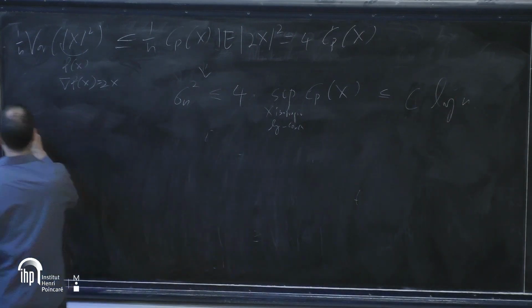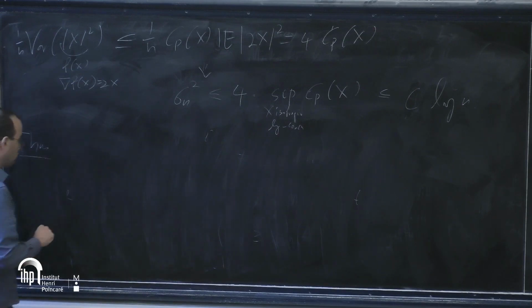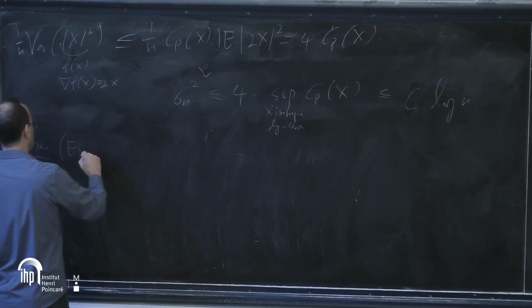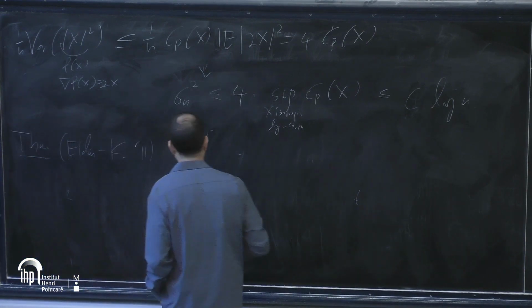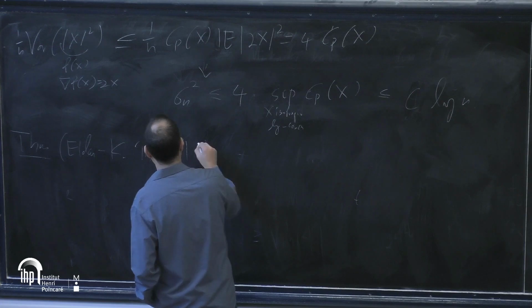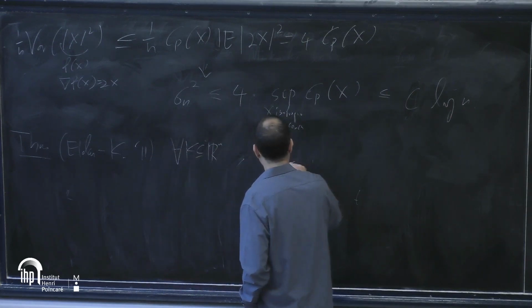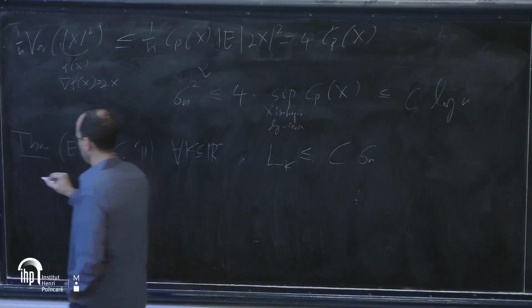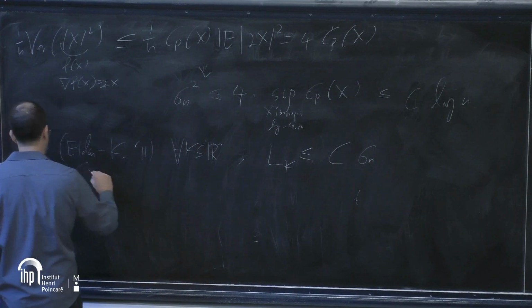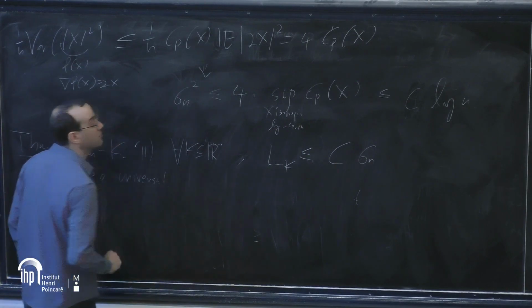So whatever remains to prove, to bound the isotropic constant, is my theorem with Eldan from 2011 that for any K in R^n, the isotropic constant of K is at most C sigma n, where C is a universal constant. And this is what we'll prove after the break. Okay, so now a 10 minute break.